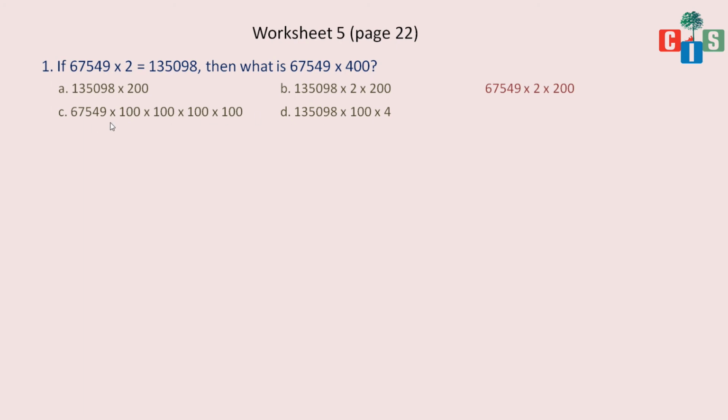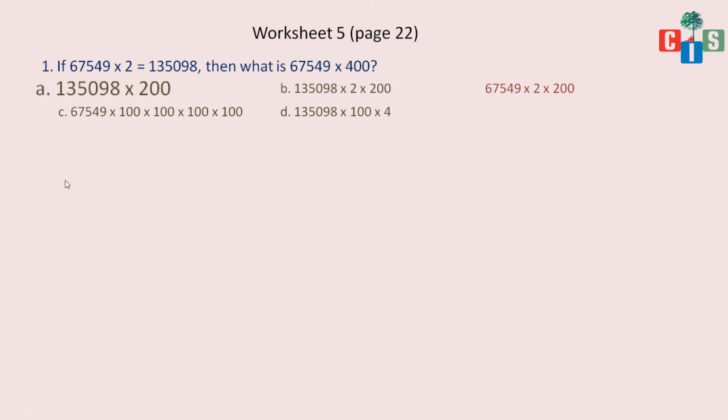And the third option again, it's 400. Now this is a valid option, you can say, but here I will not consider the C option because the first information is not used in solving the sum. I told you this is a relation type of question. You have to use the first information for finding the second answer. Are you getting it? So C is also not valid. So D, again this is 400 and the number is all itself twice the number. So D is also not valid. So my answer will be the first part.